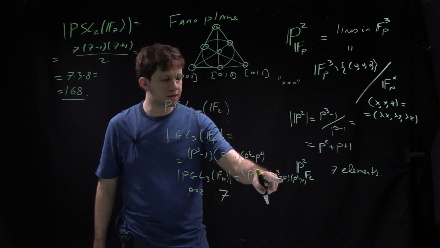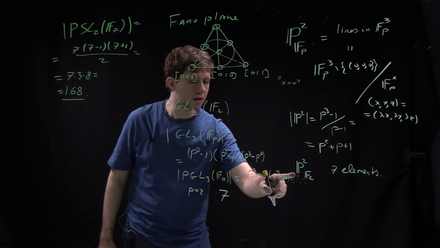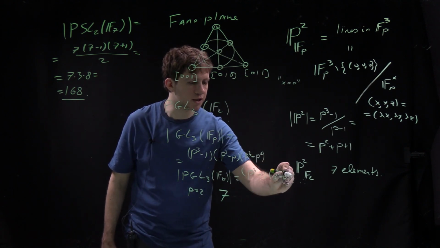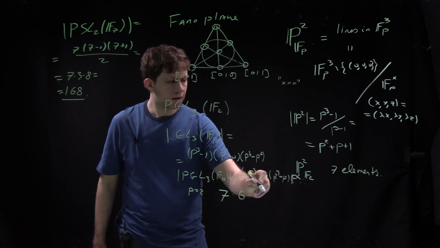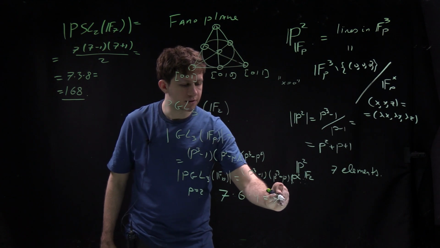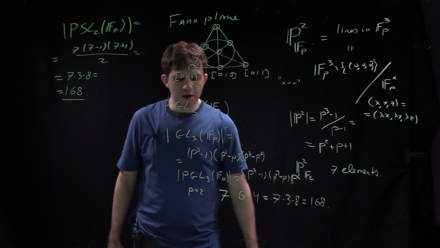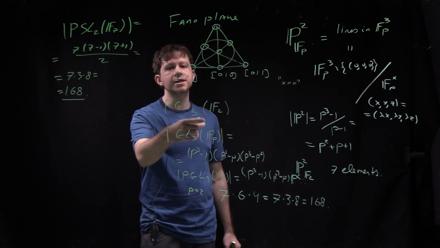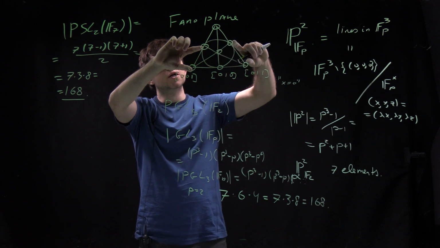And here, p cubed minus p squared over p minus 1 is p squared. p cubed minus p is 6, and p squared is 4, and so you get 7, 6, 4, and you get again 168. So there are 168 transformations, and they will all do something with this picture,